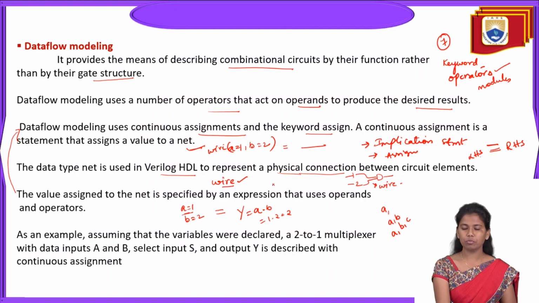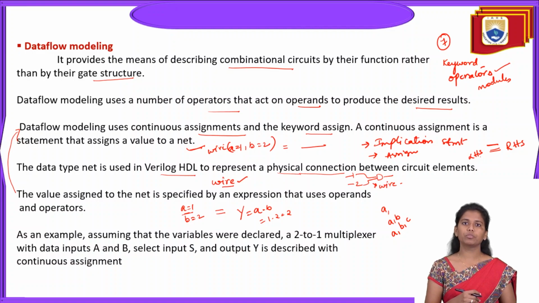Okay, I can say that wire is one of the data types, I can say net is one of the variables, right? So these are the things that we can observe in this data flow modeling. Then as an example, assuming that the variables were declared. So here, as we are discussing problem solving in data flow modeling,